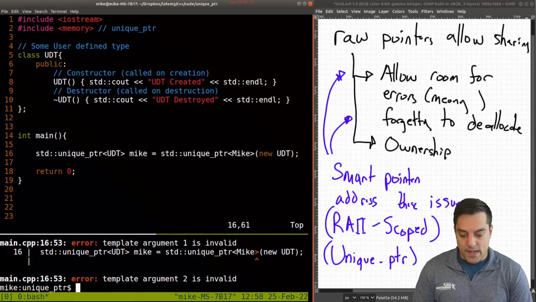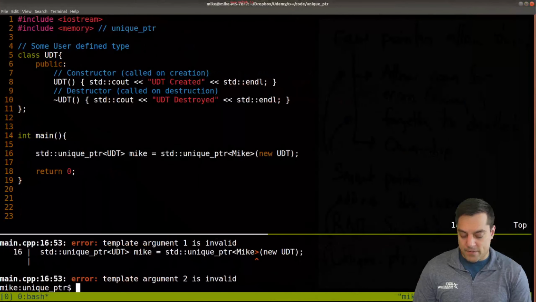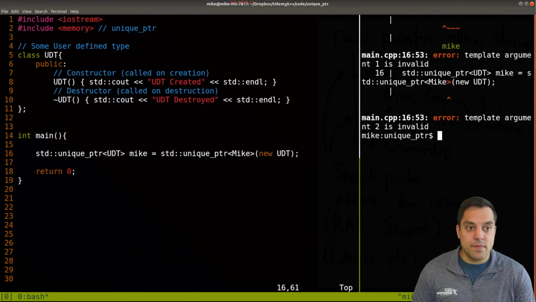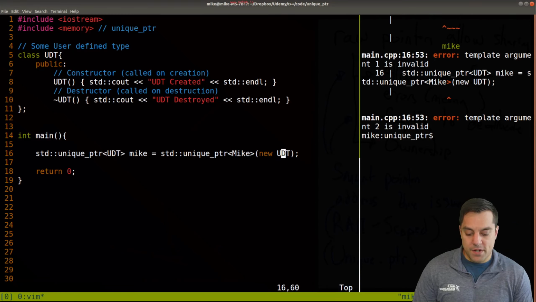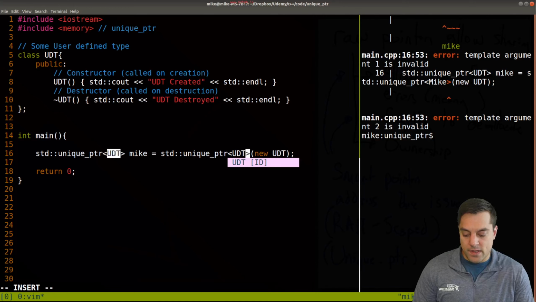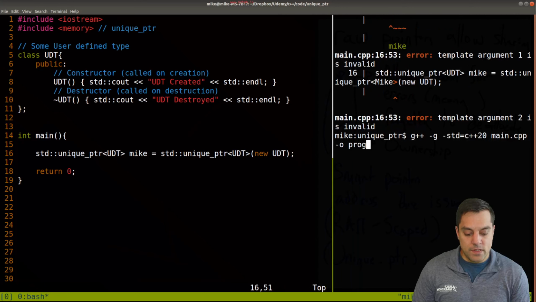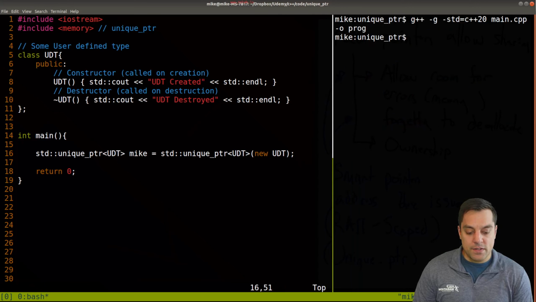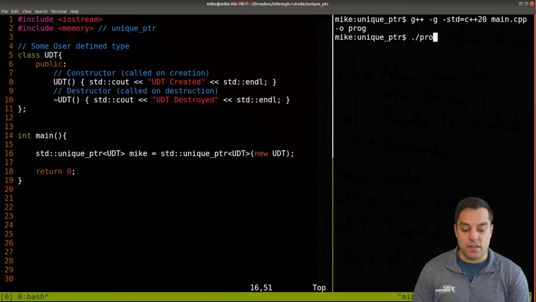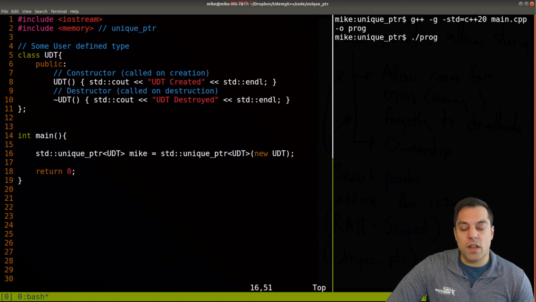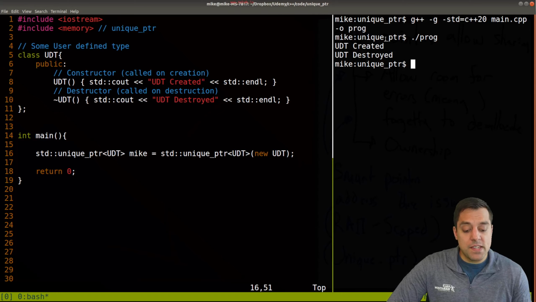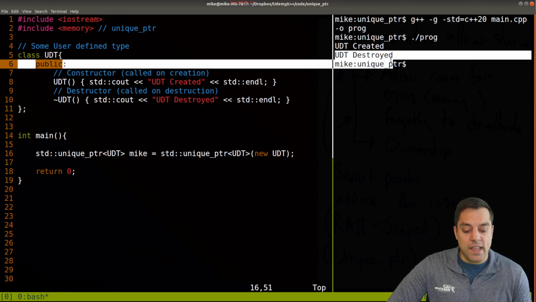So I have to say I want a new user-defined type here in the parentheses. Okay. Oh, and let me make this a little bit bigger here so you can see the error message that's occurring. And I've just accidentally typed in Mike here. So I'll put in the right template argument that matches here. Okay, so with that said, let's recompile. And now we see things are working. So now if I run my program, you'll see that this type is created and destroyed